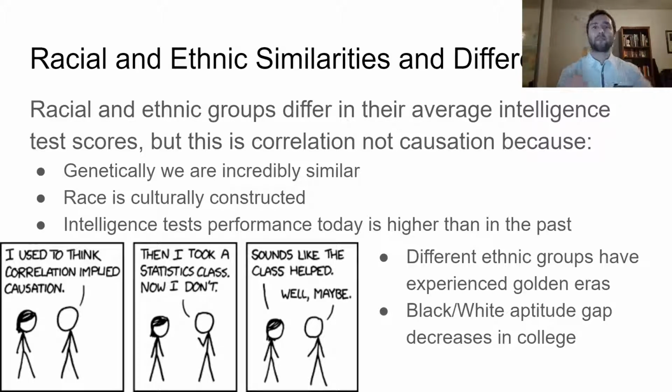But when all of those students go to college, if we re-give them those tests, basically the African Americans, the black students who are behind, actually start to catch up. The gap shrinks, so the difference between them gets smaller. Now, what this means is that the difference isn't actually due to intelligence or genetic differences. What it is due to is our environment.